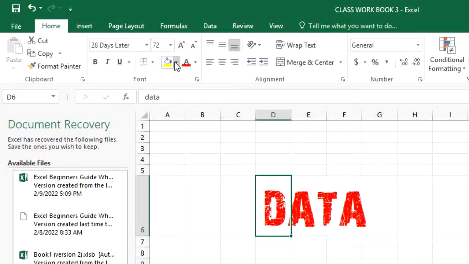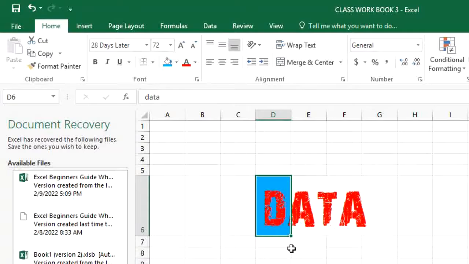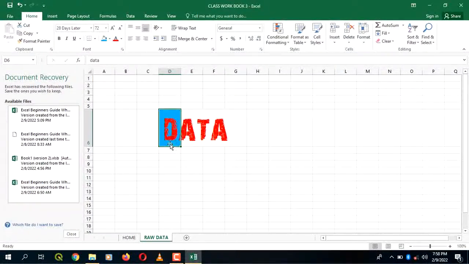change the color. You can as well change the background of that cell. As you can see right here, it looks as if only the D has changed. But I'm going to show you how to expand